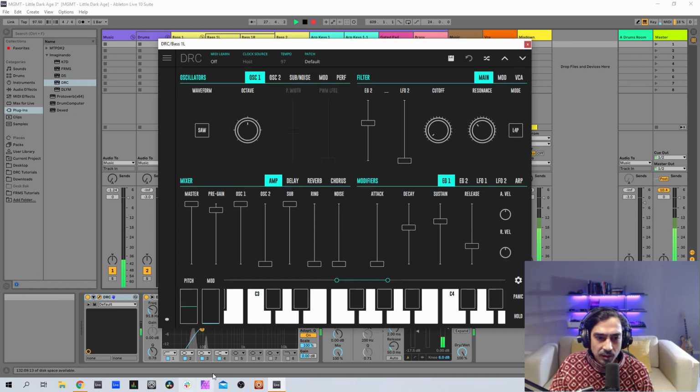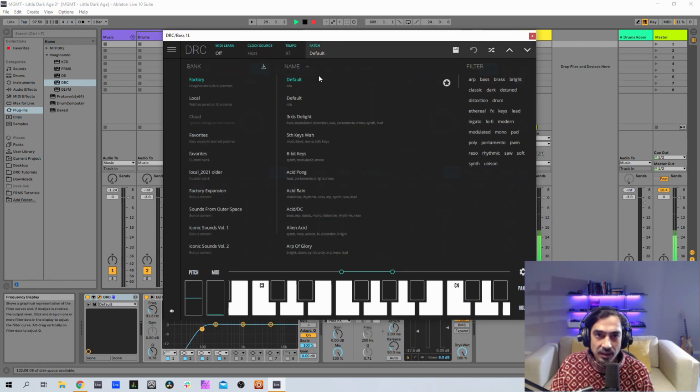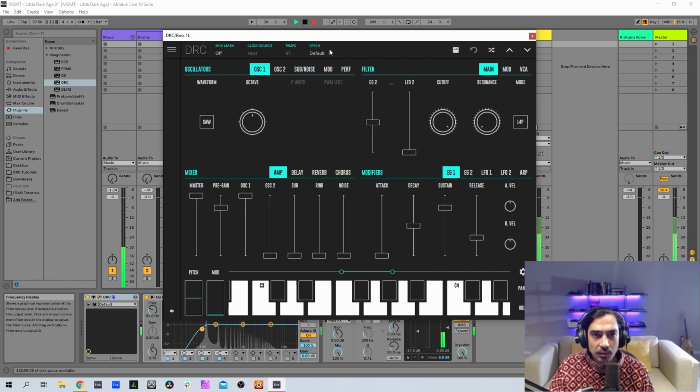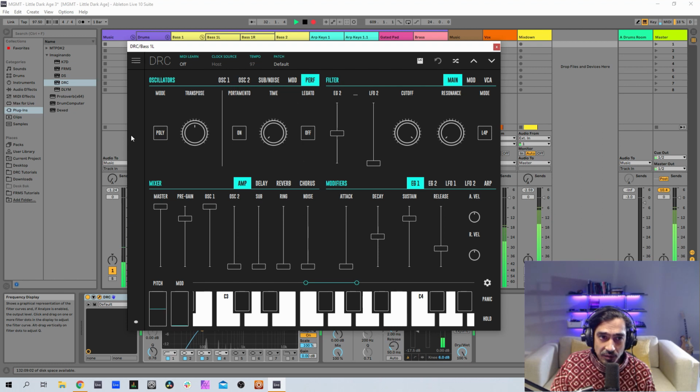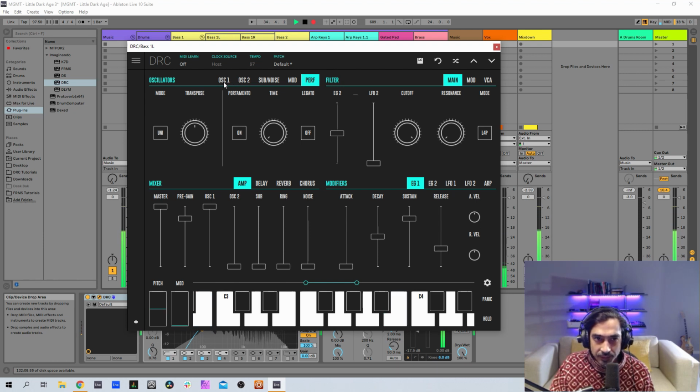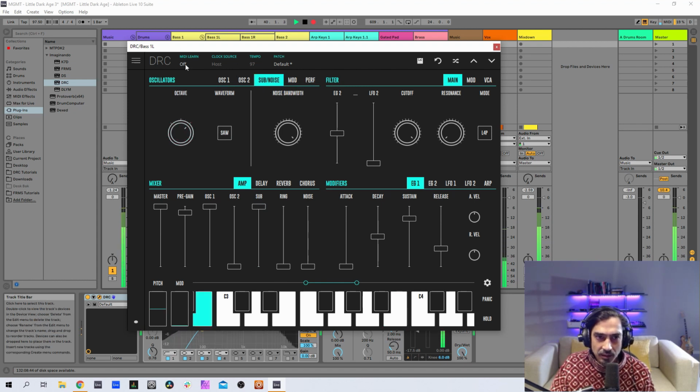I'm going to bring back the default patch. Here we only have a high pass filter at 90 Hertz. So we're now back to the default patch, and the first thing we're going to do is change our performance mode from poly to unison, like this. And let's go to our amplifier, raise pregain to 900, and raise the sub oscillator to maximum, and raise 1 octave.